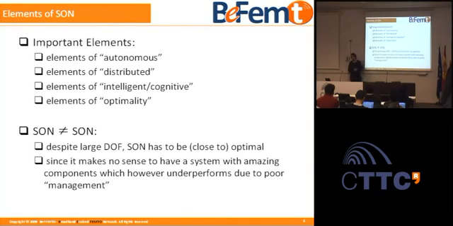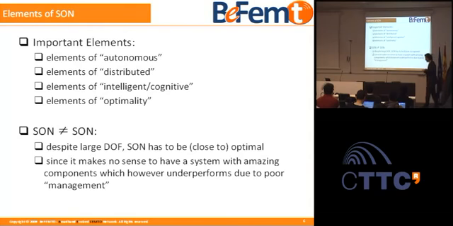Different people have different understandings, so the weight of all these elements will be different to different people. There's clearly an element of distributed in there. If you optimize a whole network, it is very unlikely that you are able to optimize your network in a completely centralized fashion, even though we understand doing it in a centralized way is the only way of making it truly optimal, only if you have the full parameter set from your whole network